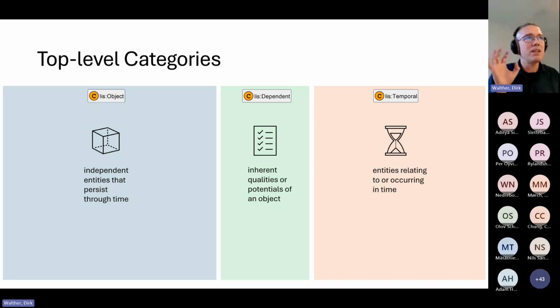When we talk about IDO, even though IDO is an OWL ontology, just the IDO part, the conceptual part, here we need to make a distinction as well. We need to say any entity that we want to represent in terms of IDO, for that entity we need to make a decision. Is it an object, is it dependent, or is it a temporal? So in a very similar way, we need to give it a type. Okay, so let's move on to the next level.